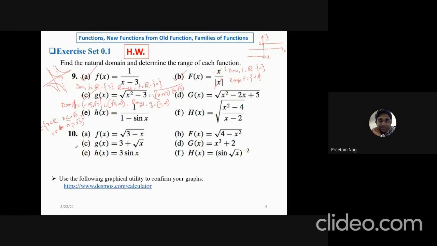How about g(x), capital G(x)? It is also a square root function. The domain is negative infinity to positive infinity, and the range is 0 to infinity. So how can we decide this will be negative infinity to positive infinity? How can it decide? To decide this, we first need to break this term, complete the square,